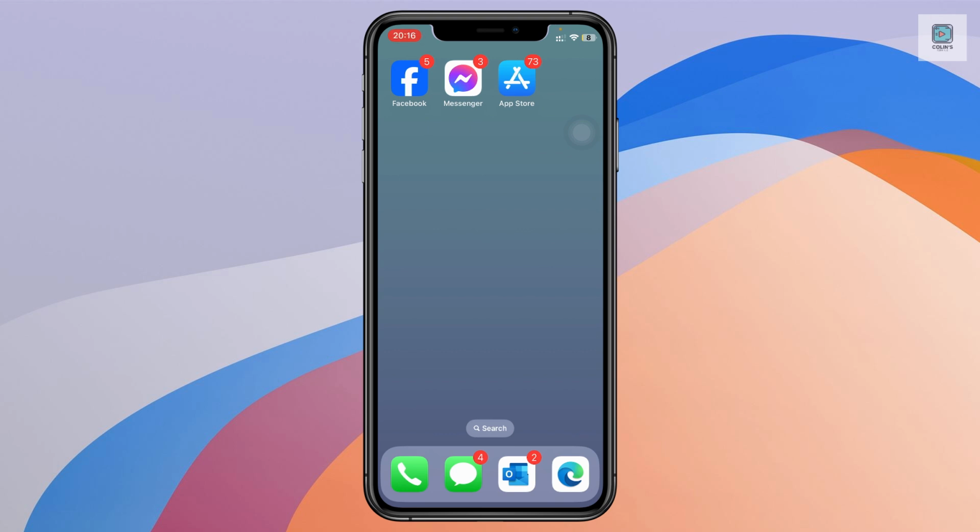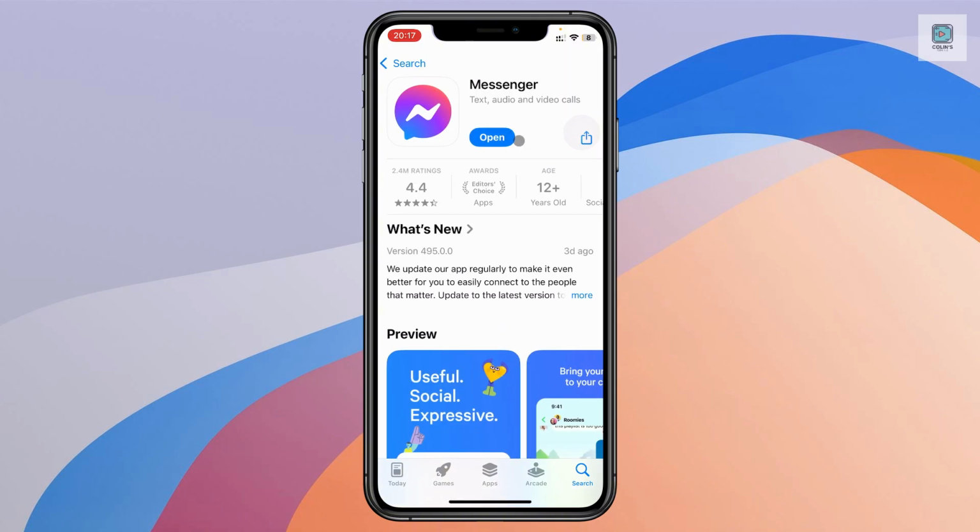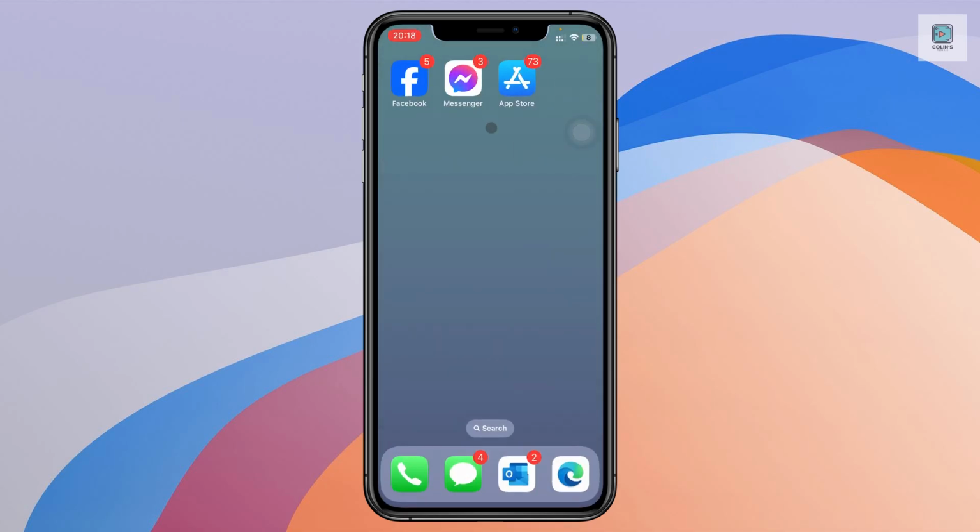Note option not showing on your Messenger? I will show you how to fix this. Okay, the simple step: you need to make sure that your Messenger is up to date. If your Messenger is already up to date, but you still cannot see the Note option on your Messenger, now you need